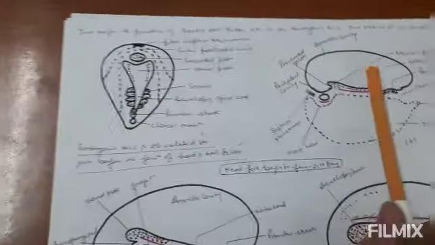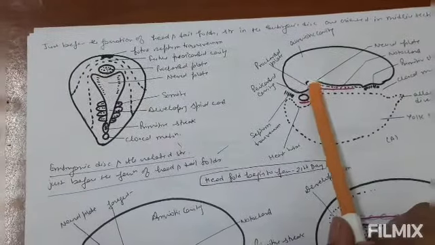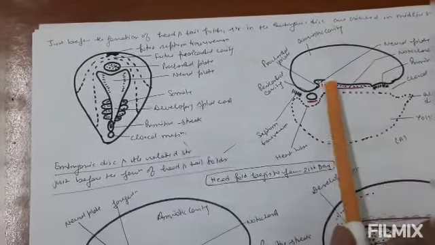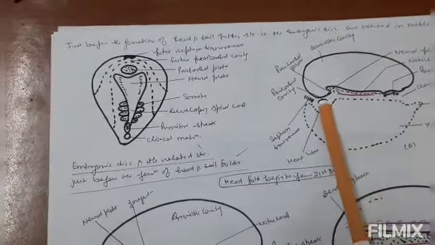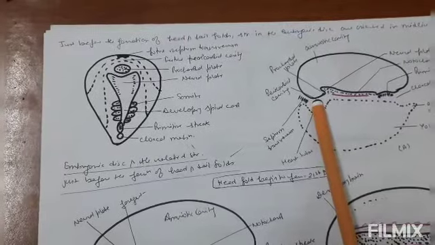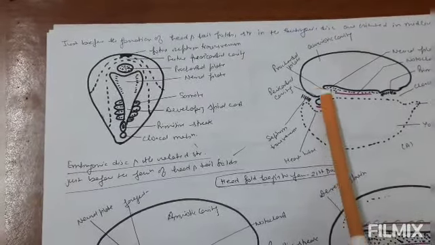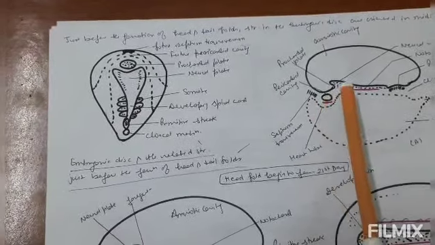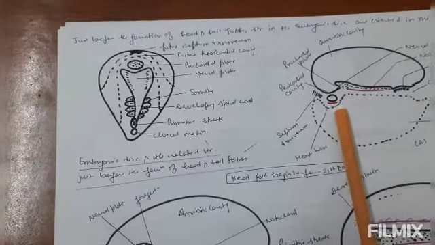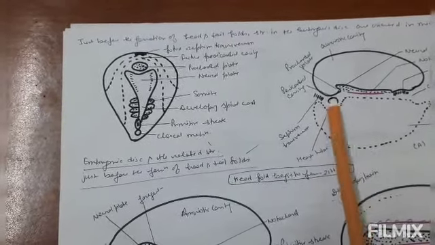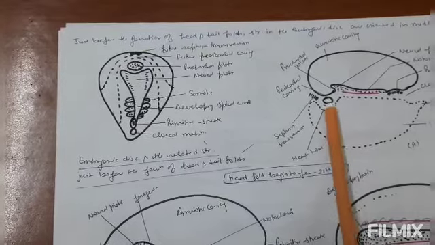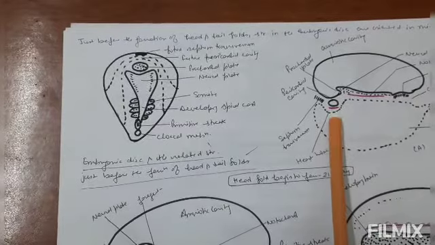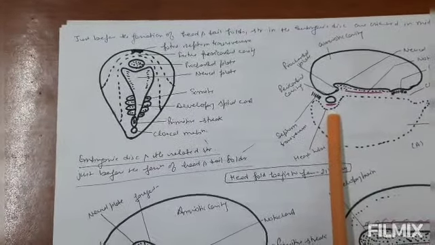Now, by the 21st day of the intrauterine life, there is a formation of a head fold along with the tail fold. Now in this, we can see that there is a pericardial cavity. Okay, so the pericardial cavity is lying ventral to the head region or the head fold. Now below this pericardial cavity, you can see this pink area. This pink area is actually the heart tube. So in this we can see that the heart tube is lying beneath the pericardial cavity.